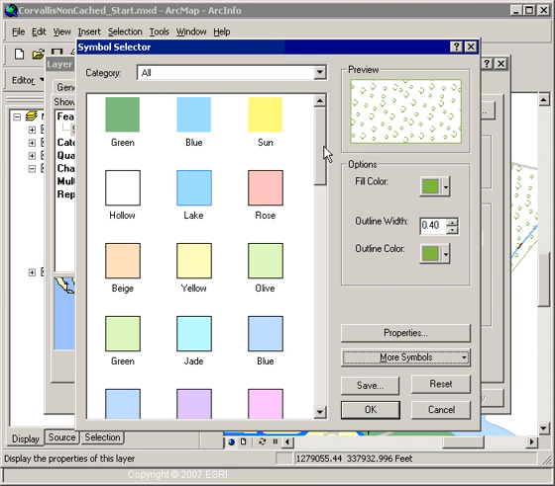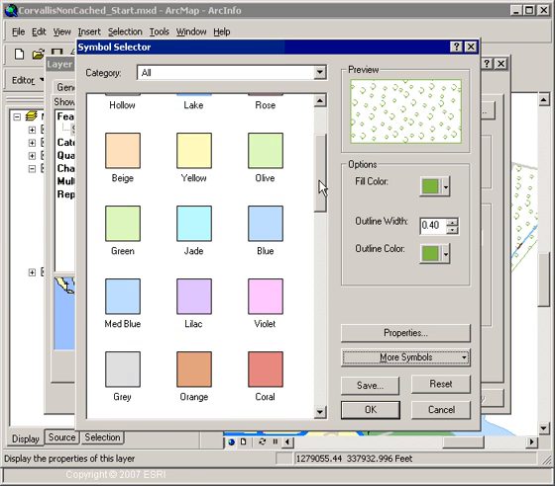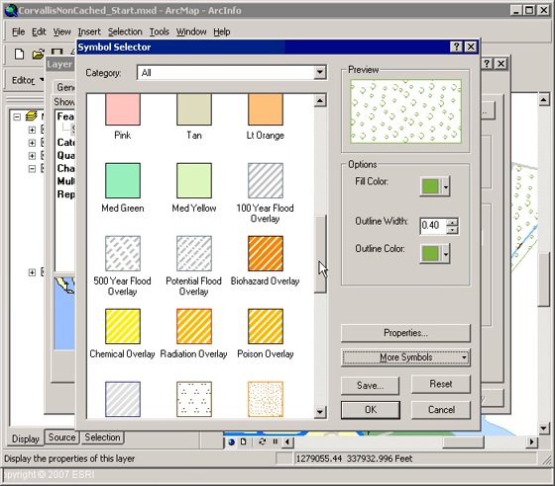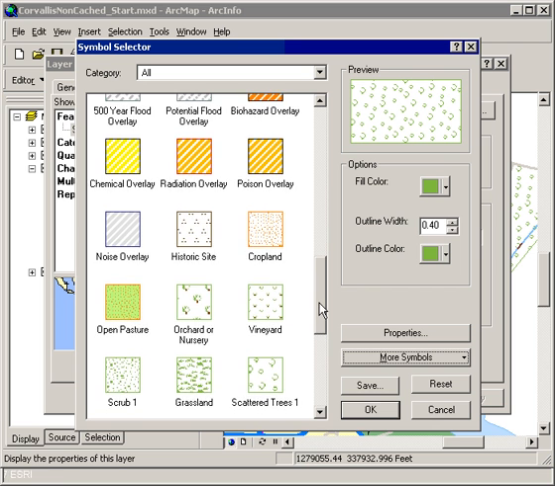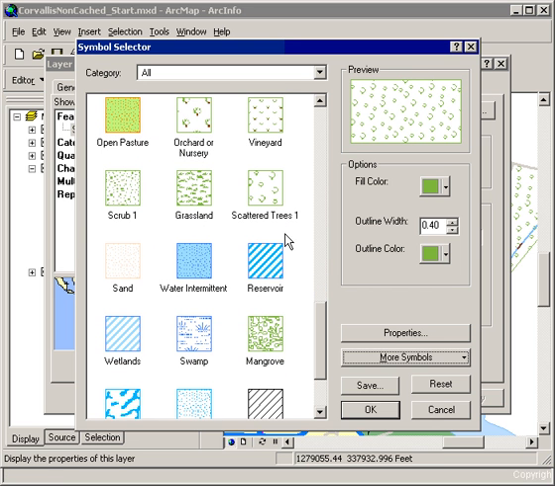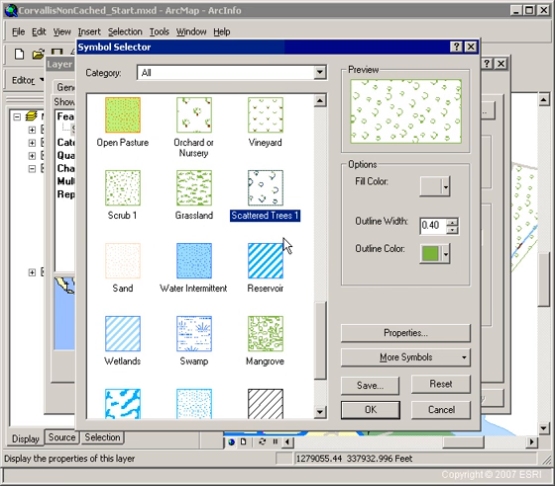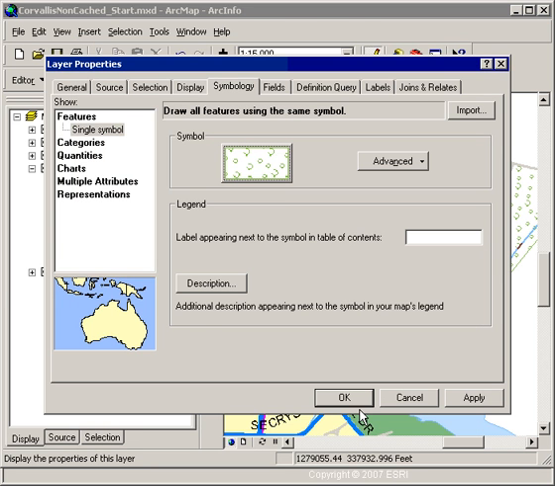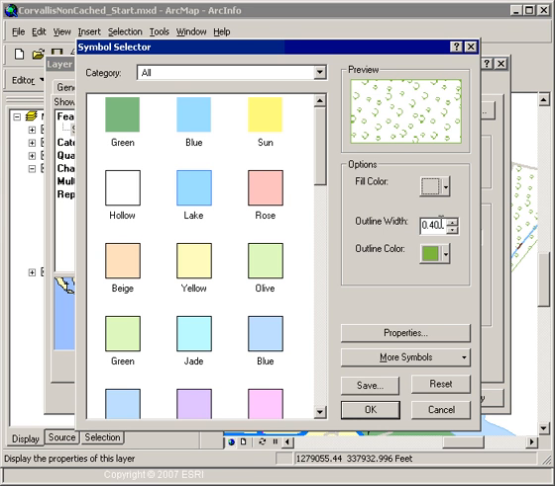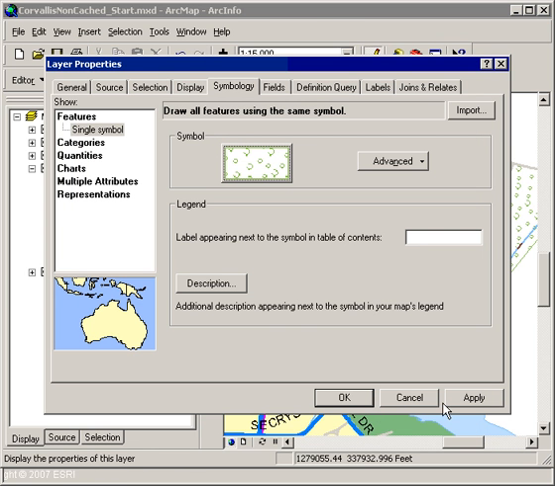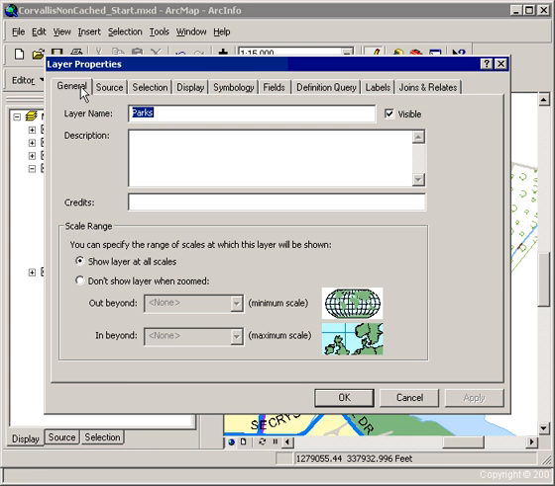Now what you'll see in here is that I have got a series of symbols that are very familiar, but they've been, like I say, optimized for web performance. And I've actually got the very same symbol, but available in that style. So I'm going to switch over to that symbol. I also had the option there of removing the outline if I want to as well, and playing with that. So I'll apply that change, and then I'm also going to go over onto the General tab